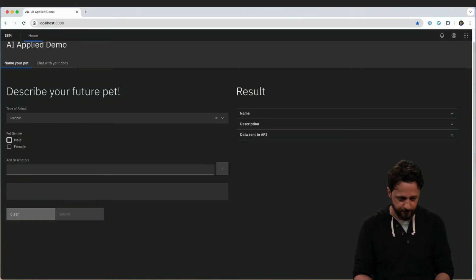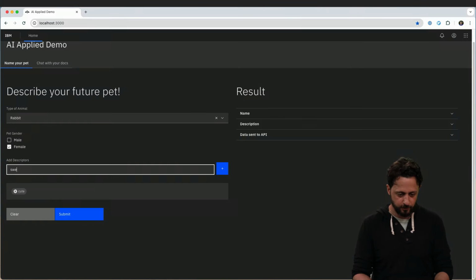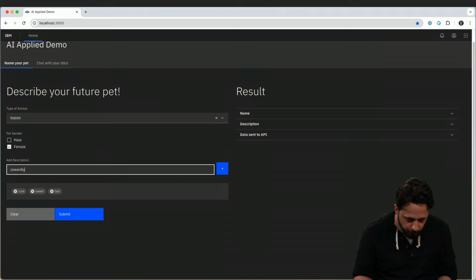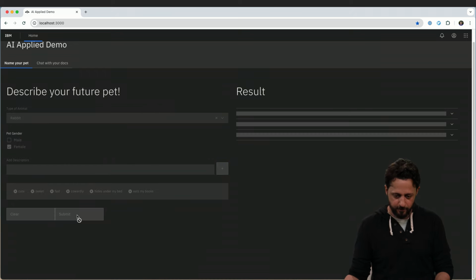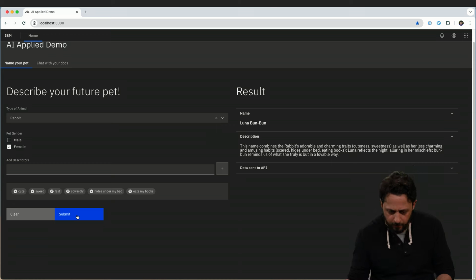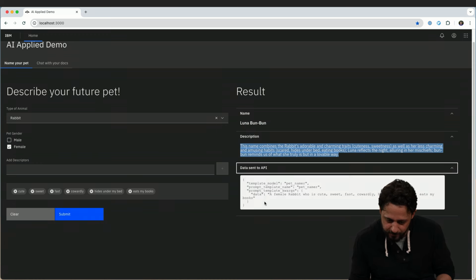So let's actually try the application now. We're going to choose a rabbit, female, cute, sweet, fast, and cowardly, and hides under my bed, and eats my books. Okay, let's submit it and see what kind of response we get back. Luna Bun Bun, and it gives you a description,